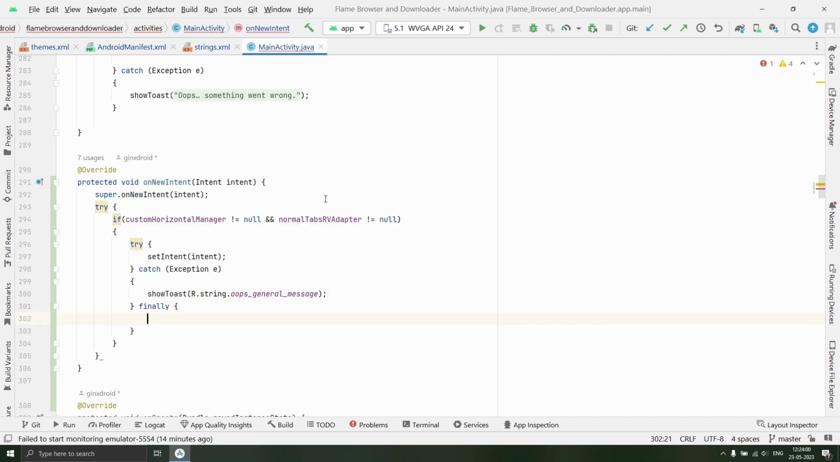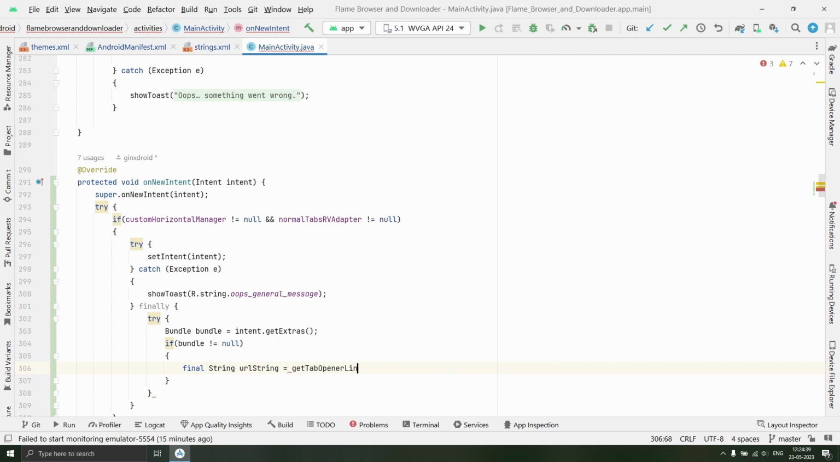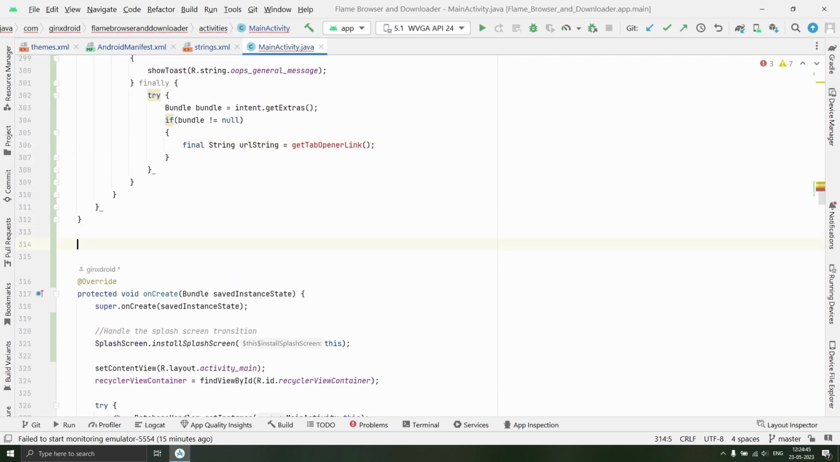In the finally block, we'll create one more try block. In this we will get the bundle from the intent using intent.getExtras. We'll check if the bundle is not equal to null, then we'll get a final String urlString, and we'll use one special function, getTabOpenerLink. In that we will pass urlString. So after onNewIntent,